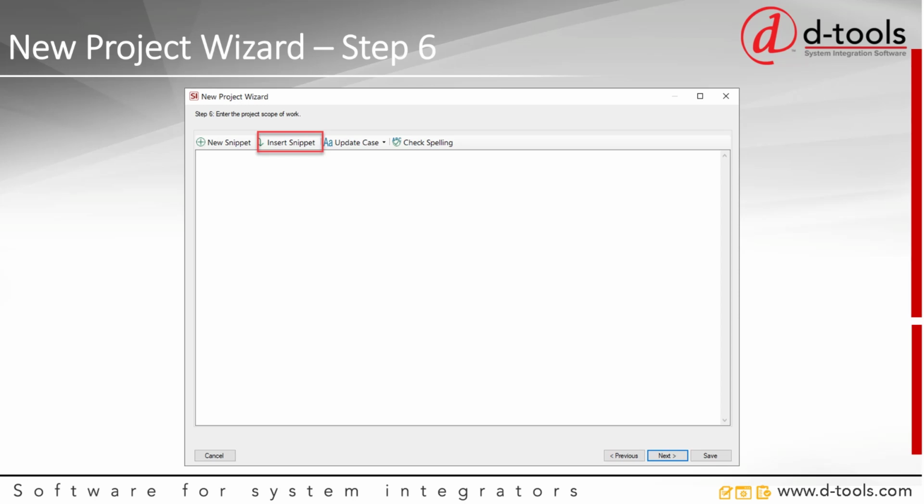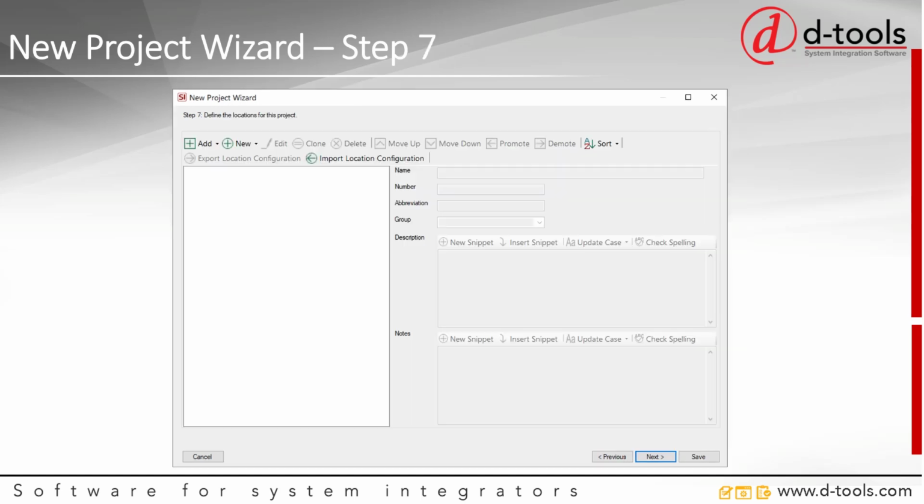Now, I want to note that you can't access it here, but inside of a project, when you go to the Scope of Work feature, you can switch to use Scope of Work in RTF format, where you can edit a Scope of Work document in either WordPad, Microsoft Word, or another editor. Click Next when you're done there, and we'll move on to step 7, where we can define locations for our